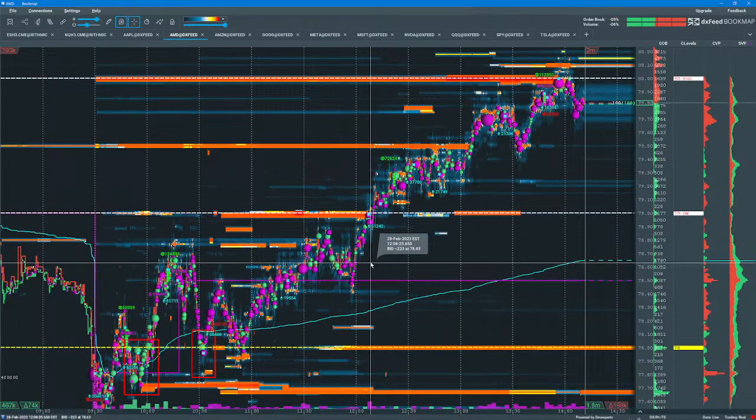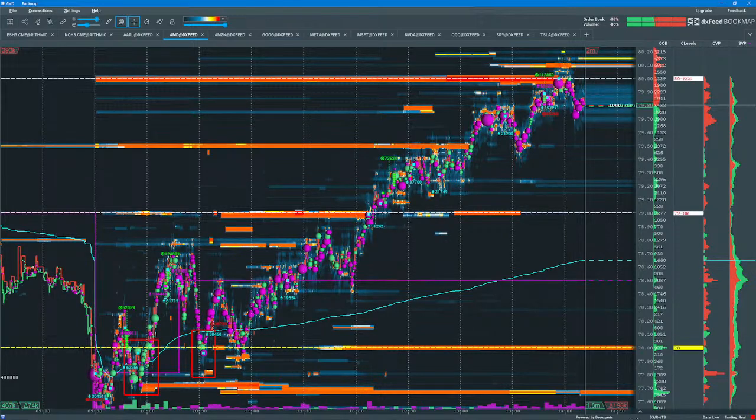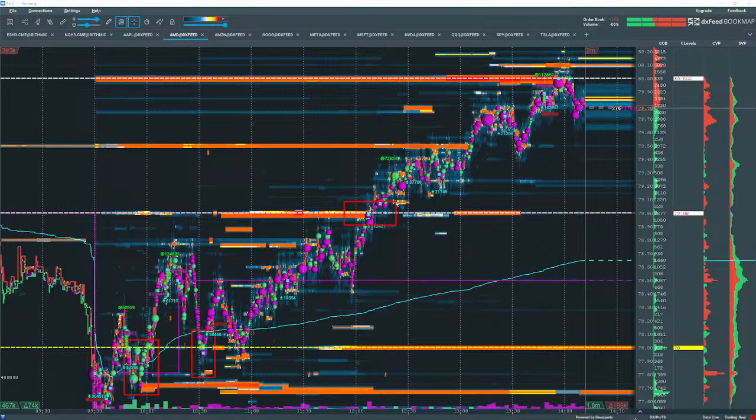And pretty good range for AMD today, 2 points with the 79 hedge wall and the liquidity at that level, the first target, then the primary target here at this 80 key